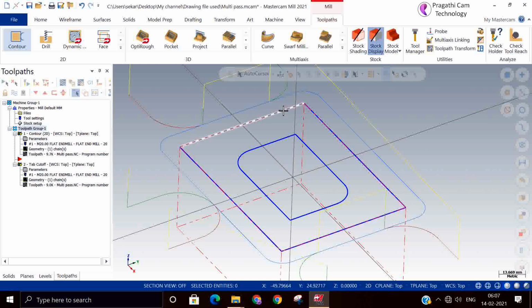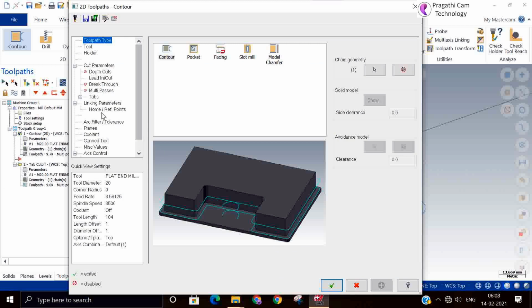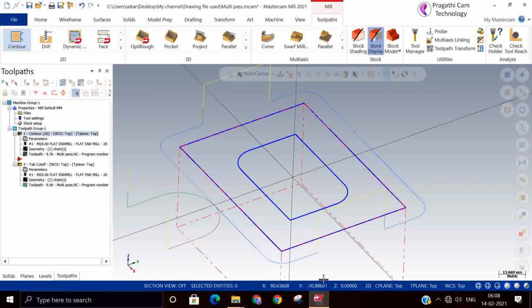Otherwise, you can make it a separate machining also for the tabs. Not necessarily that it has to be generated along with the single operation. It's not necessary. You can make it a separate operation also. So this is all about the tab. Okay, thank you.